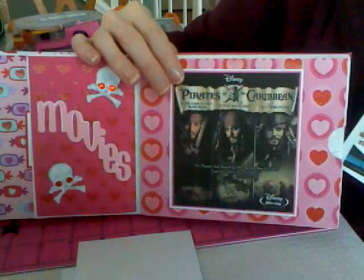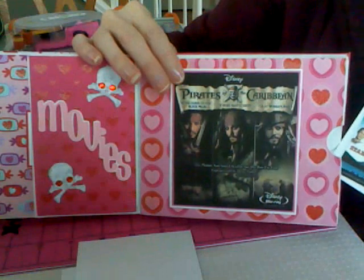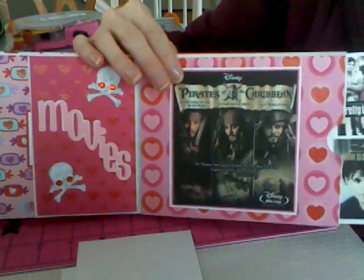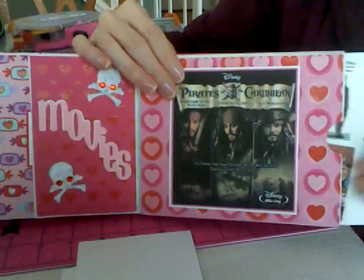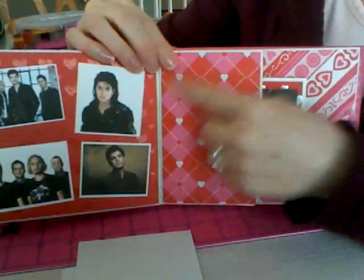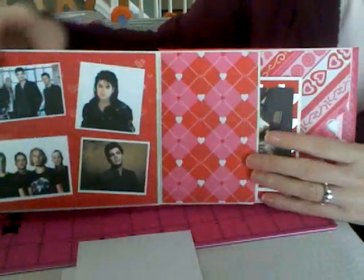So that's that. And then the next page, put that back in there. Some of them get kind of bent. This represents music. I still have to do my little thing right here that'll say music, and